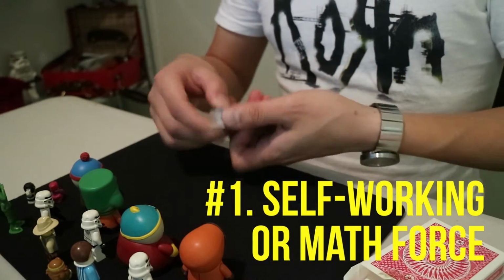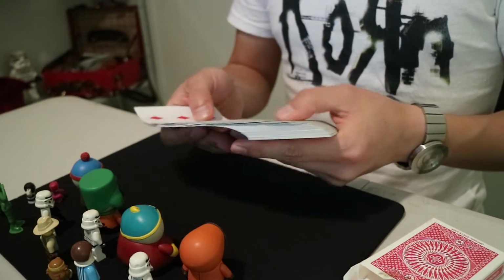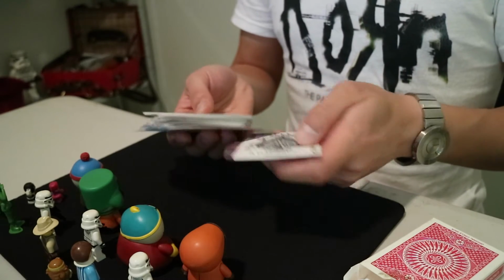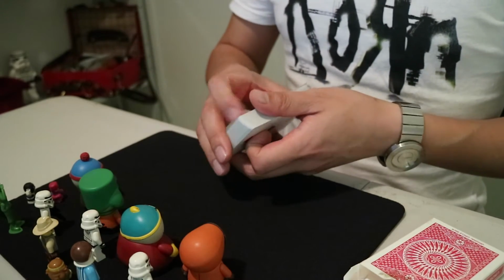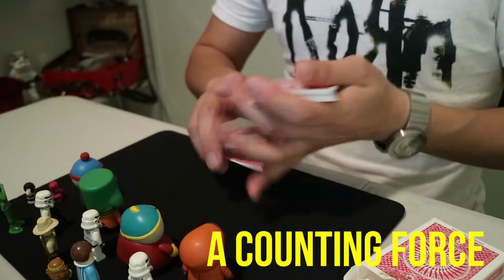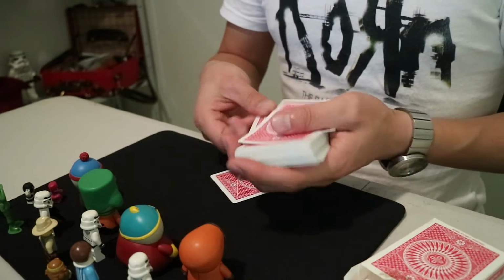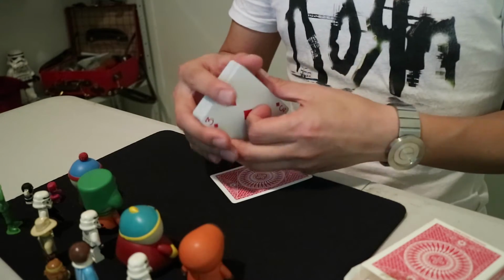Now, these forces are card forces that can be relatively easy to reverse engineer, whether it's the crosscut force or a counting force. These forces can be figured out by people either by watching the video a couple of times or